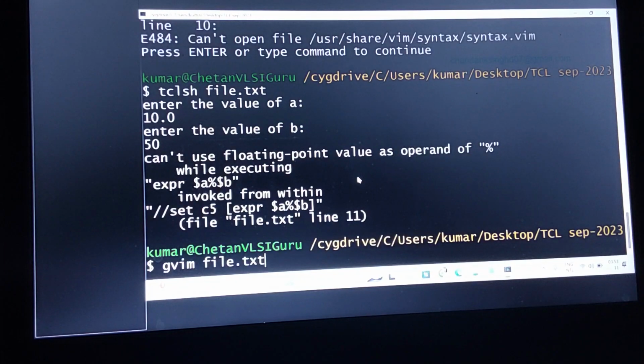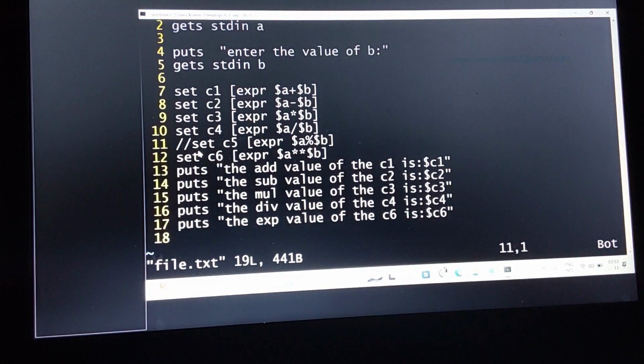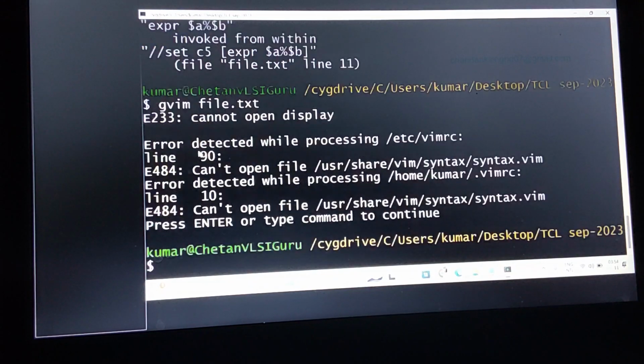Okay, the problem is that 2 forward slash is not a single line comment. Let me do one thing. Just delete this line, also this line. Let me teach you later what symbol is used for single line comments. But you know how to do multiple line comments using the keyboard. Let me check and I'll let you know. I don't remember that now. Okay, I'm going to save this. Now let us run this program.